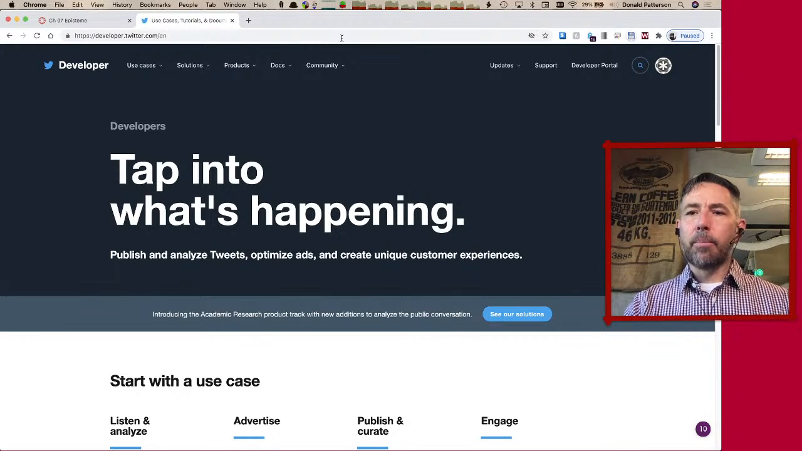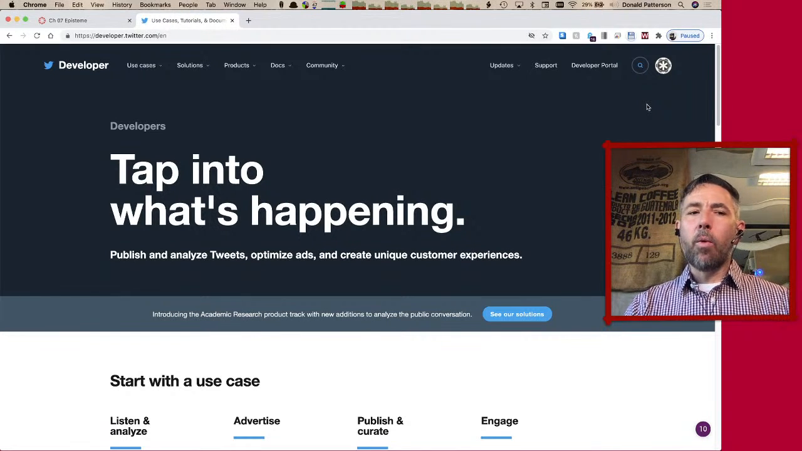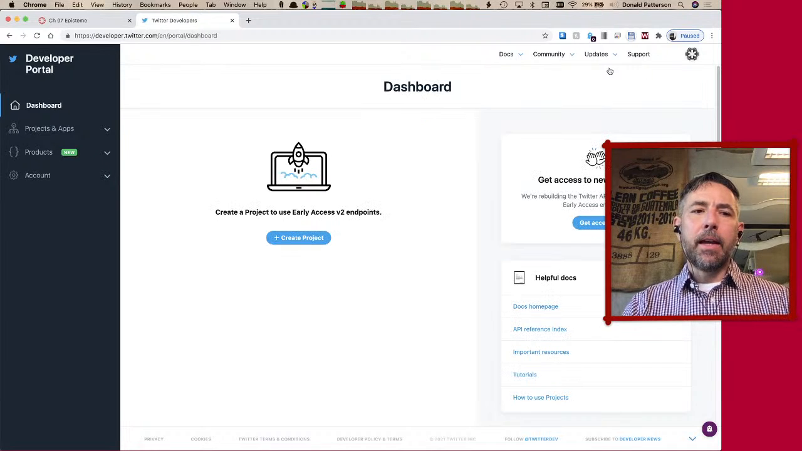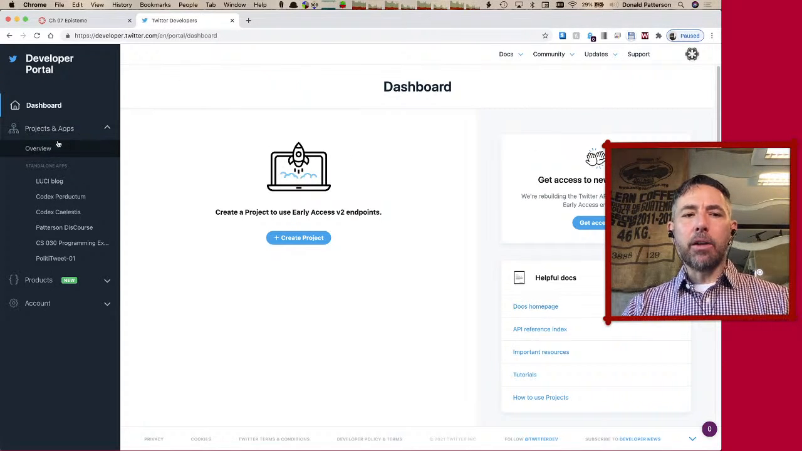So this is my developer situation. My account is logged in up here, and I've got my little gear symbol there. What you want to do is click into the developer portal, and you get a little dashboard of all the applications you have authorized to work on your behalf through Twitter. You want to go under projects and apps, and if you've got it already, what you want to do is create a new project